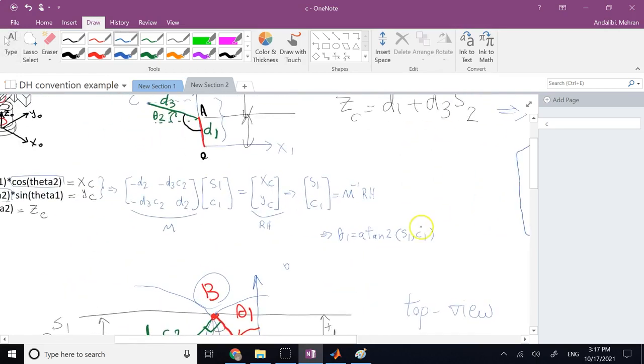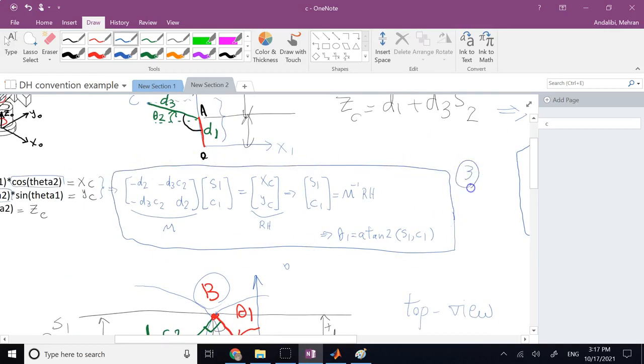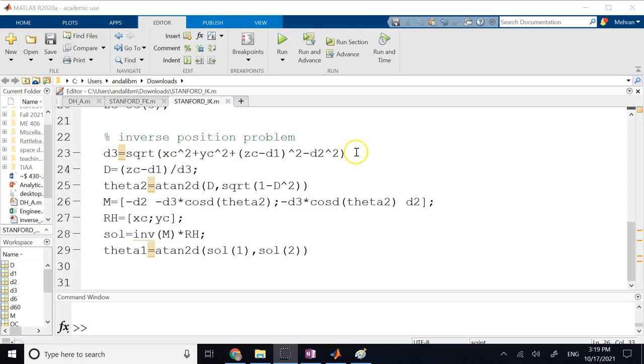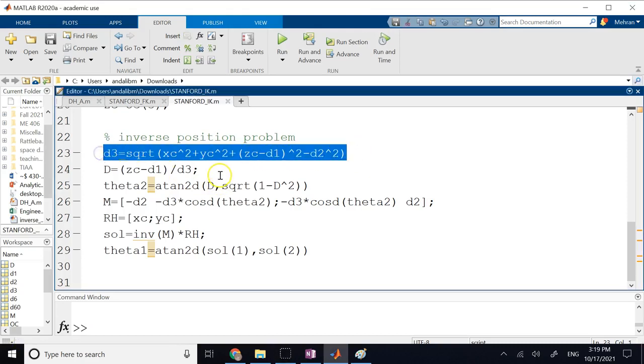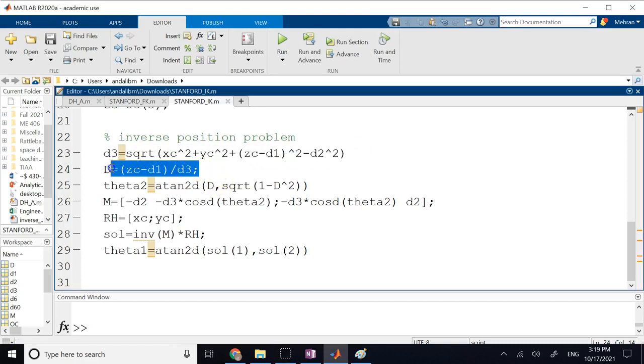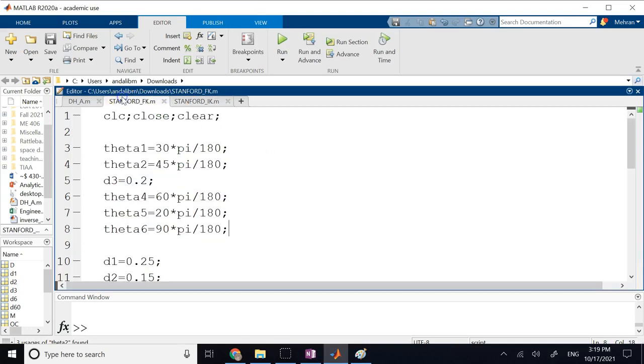So this whole set here will also be your equation number 3 that can give you your theta 1. So now let's go to MATLAB and code it up. This is equation 1 for d3. This is that parameter d that we had for sine of theta 2. And then here I use the positive answer because in this case I know my theta 2 was positive, but